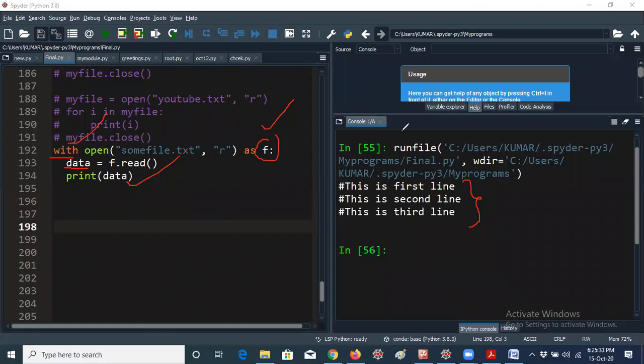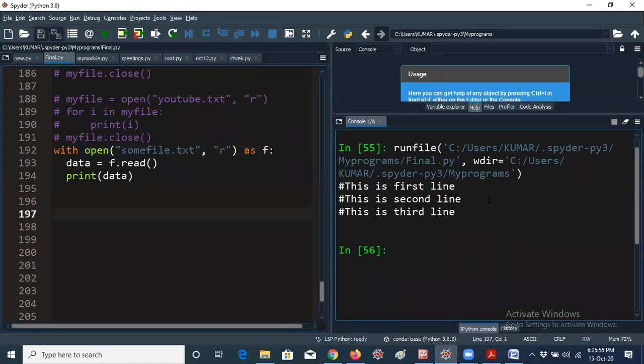Here also we can use it in this way. But it can be used on different occasions, not only this way. I will tell you more about this, especially in exception handling. Exception handling is part of unit 5 concepts. Yesterday I also discussed try and except keywords. In that way we can use the with keyword.